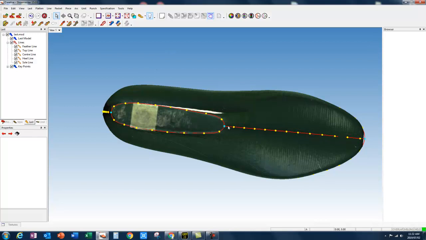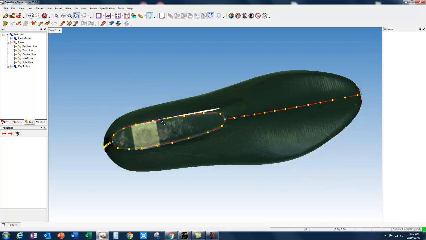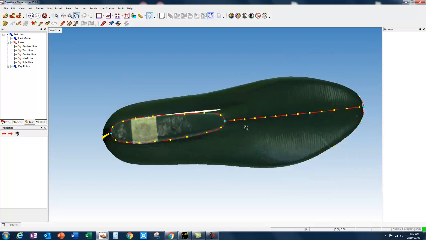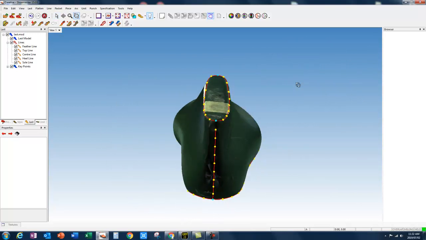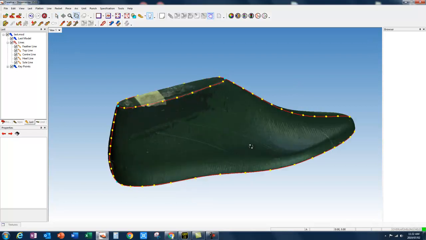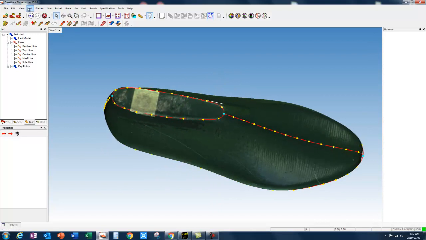Now you can see the last is perfectly straight between that blue point and that blue point, the cone point and the toe point. And it's perfectly straight here at the back as well, between the top heel and the bottom heel. So now when we look at this thing from above,